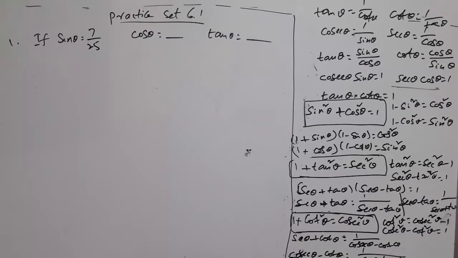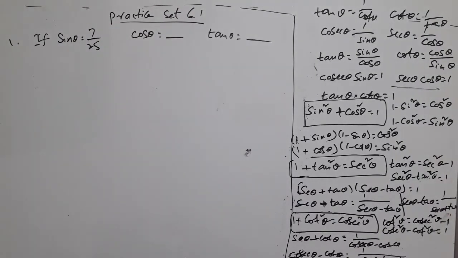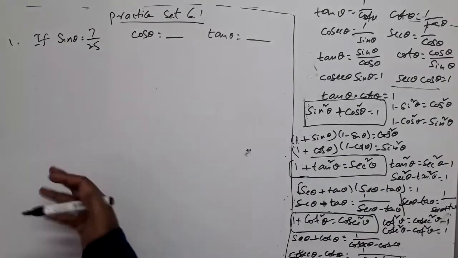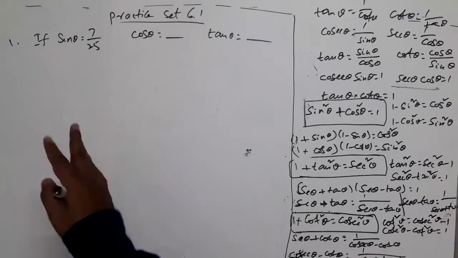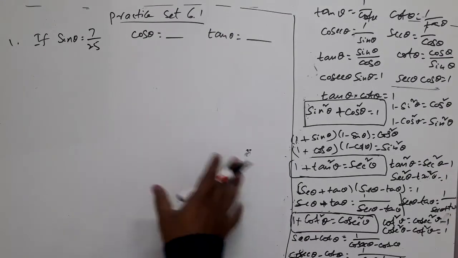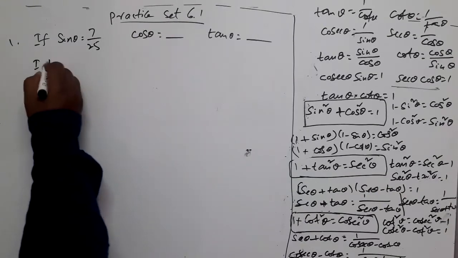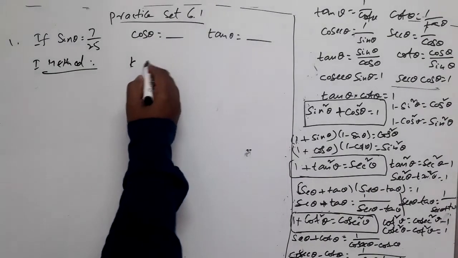Yes, we have 6 trigonometric ratios, right? Sin theta, cos theta, tan theta, cosecant theta, secant theta, cot theta. Of those 6 ratios, one ratio is given. You are supposed to find the values of 2 more ratios, right? This can be done in 2 methods, right? First method is taking a right angle triangle and the K method, that we will see. Second method is using trigonometric identities. Let us see both the methods. First method is the K method.